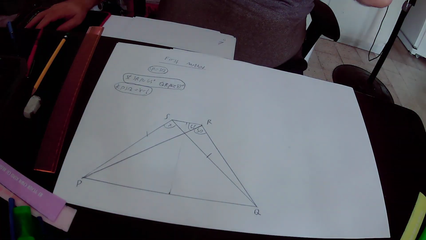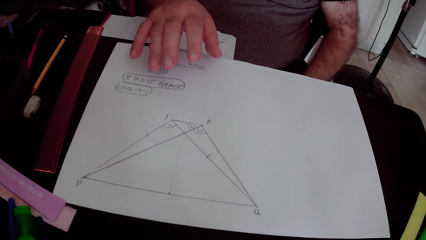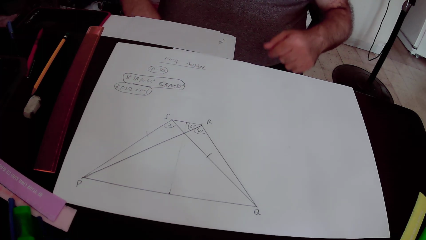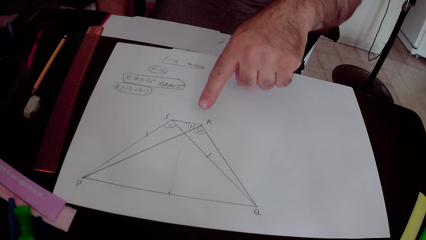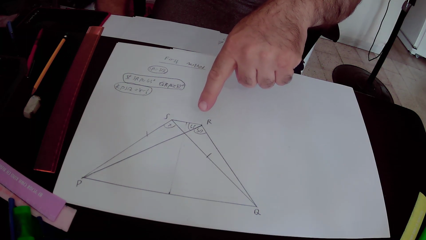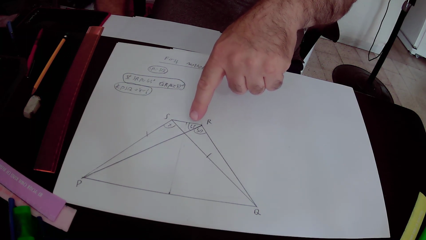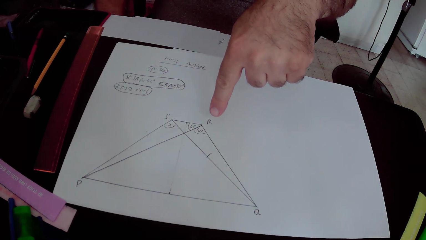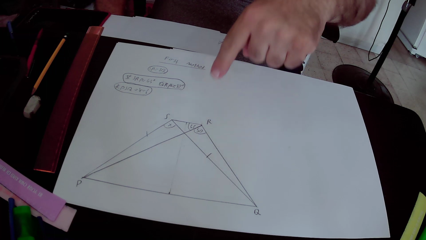Hello, in this lecture we will find the value of x in two different methods. In the drawing we have quadrilateral SRPQ, angle SRP, this angle equals 65 degrees, angle PRQ equals 50 degrees,